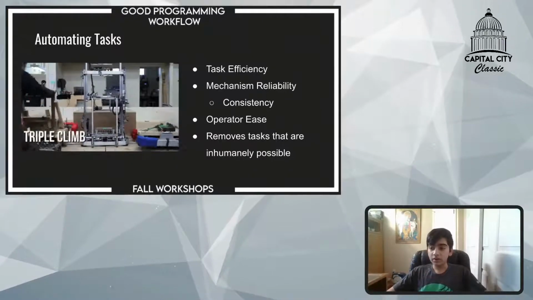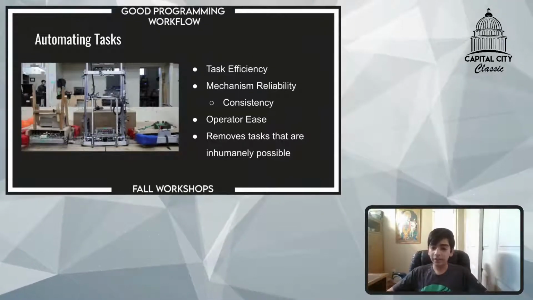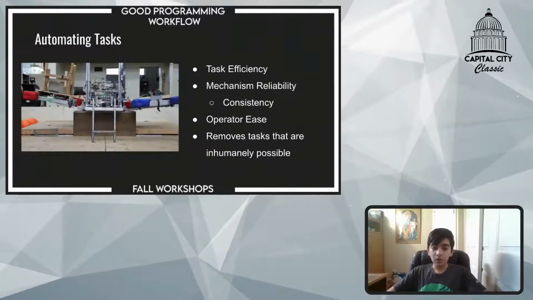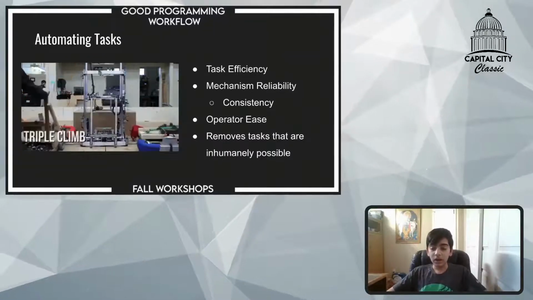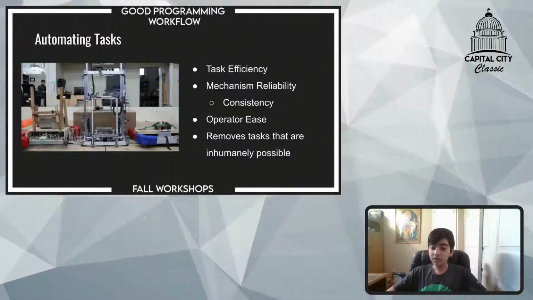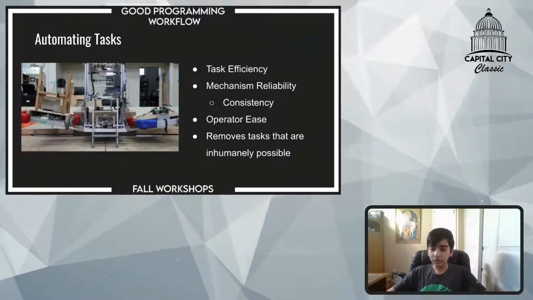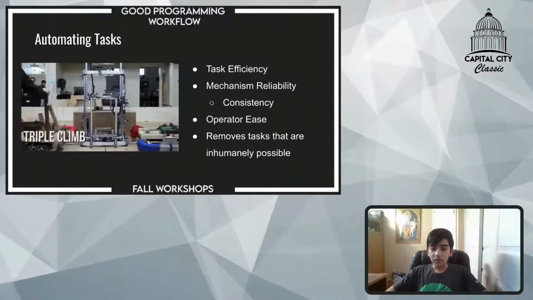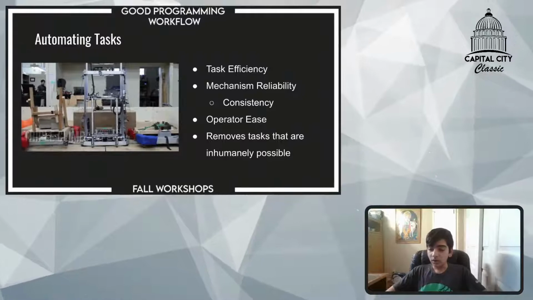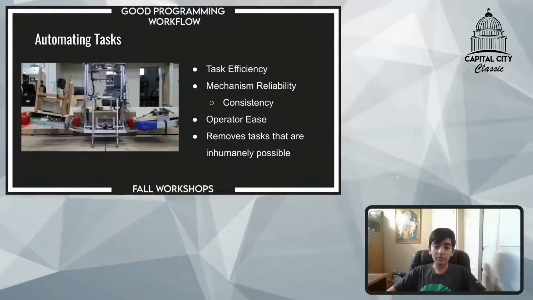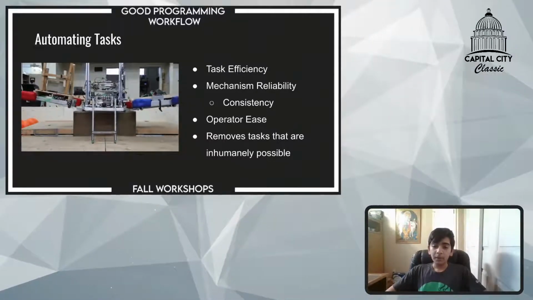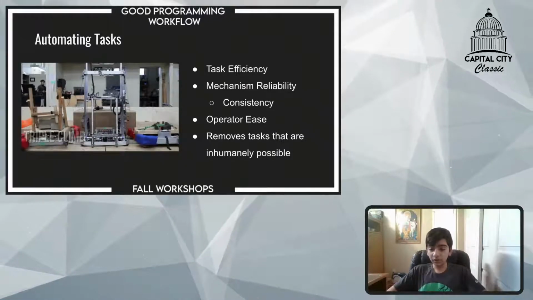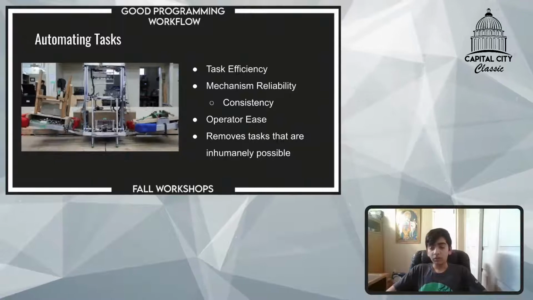really devastating, right? Because you would have to do those two tasks again, and that is basically the loss of an entire cycle right there in the match. So having this task automation allows for consistency and efficiency of completing those objectives that makes basically your robot a lot more robust and a lot more effective at competition within a match as well. And the last thing to kind of touch upon is that while it's easier for the operator in most